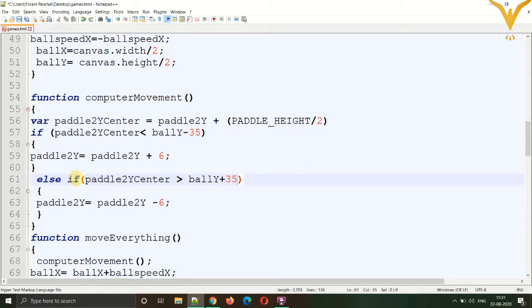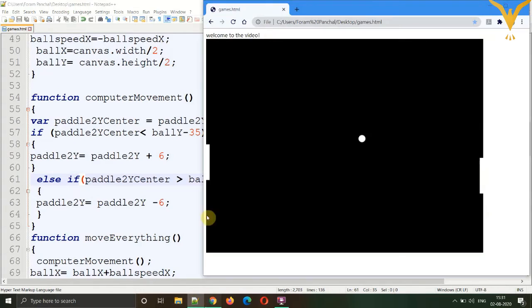Okay, so it will be stable at its position, it won't move again and again, it won't vibrate. So this is the condition. Now let's save and refresh. Okay, so now you can see the motion is very smooth and the paddle is waiting for the ball at that moment and then attending the ball very smoothly and swiftly.